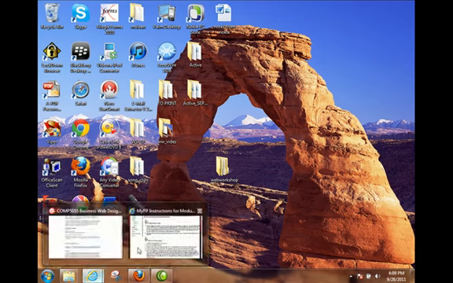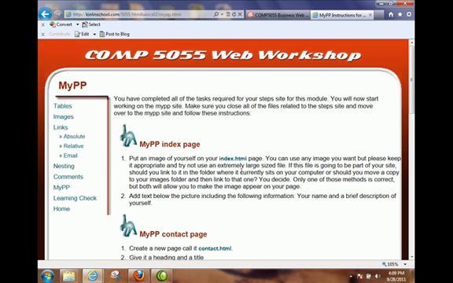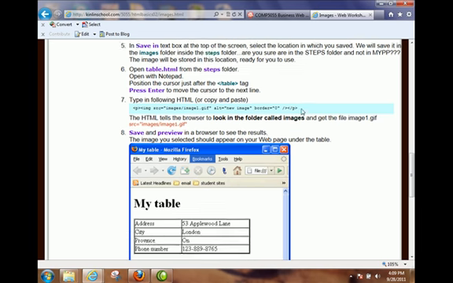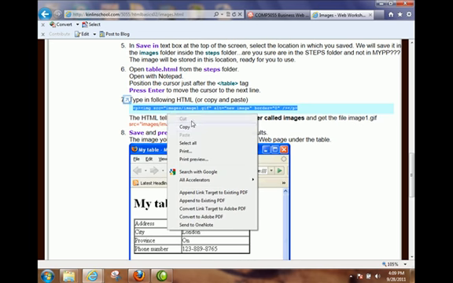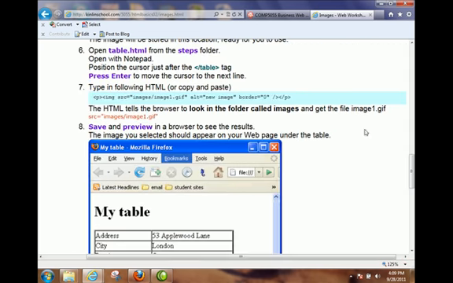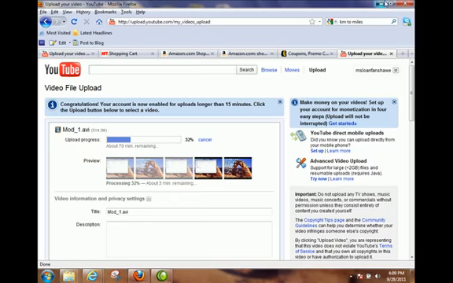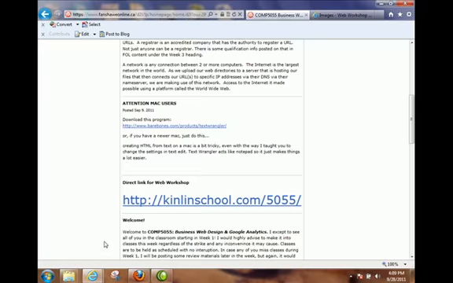Then, somewhere else in the Web Workshop, I gave you an image link code. Okay, so you can go to the image link code, which is right here, and steal it. Now just wait. It's not going to work right away. Just hang on. And then you go into your,